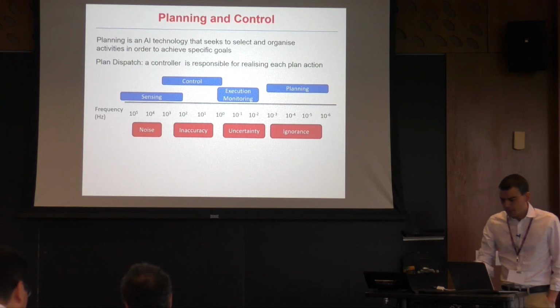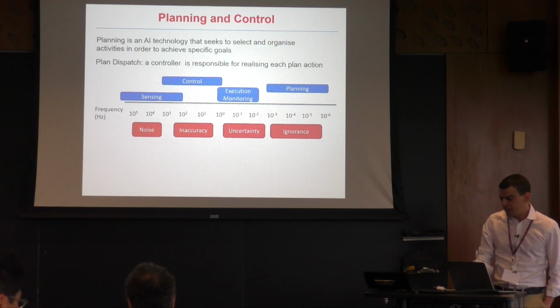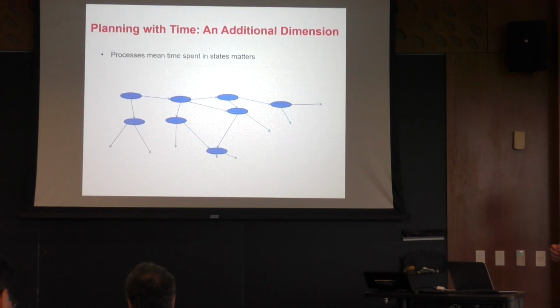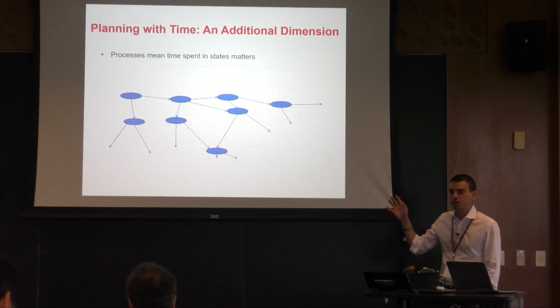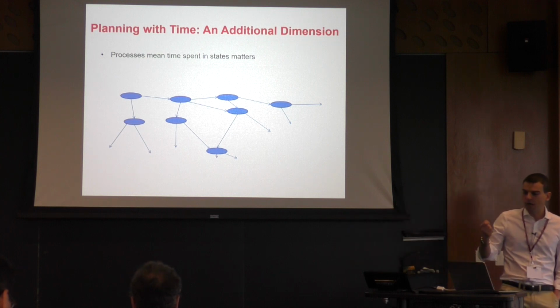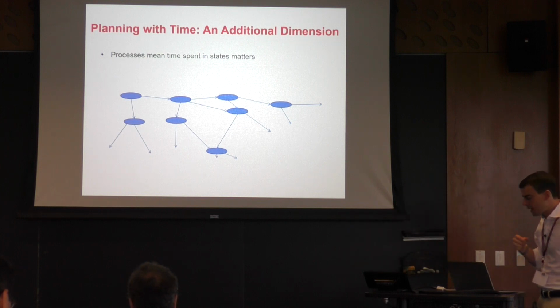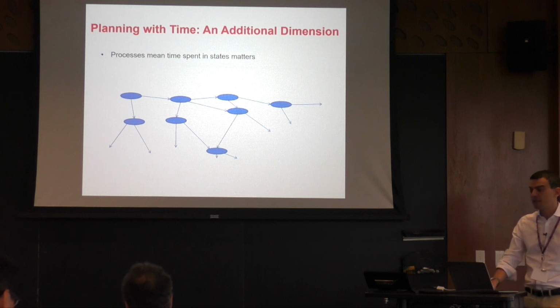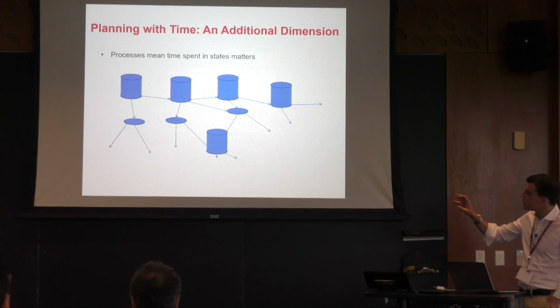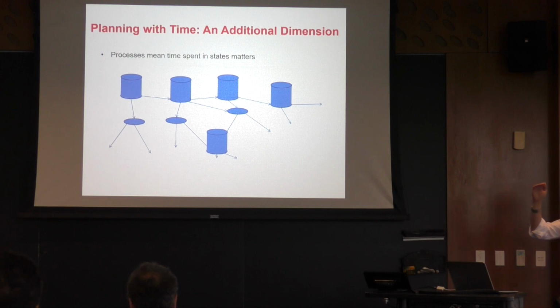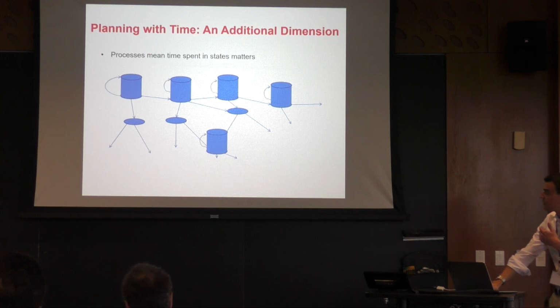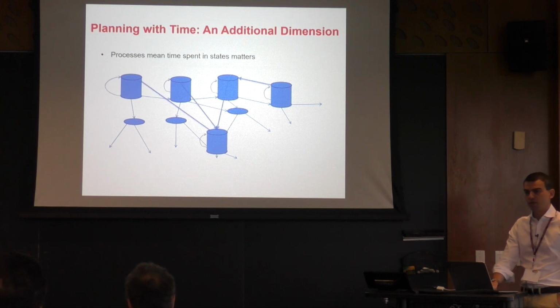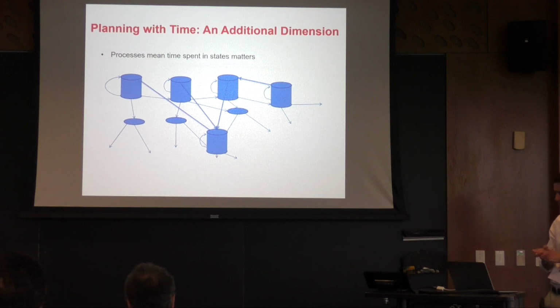Now, planning, again, if we start with simple forward search planning in a classic domain, you have states and you have transitions between states. So you have actions that tell you how you move from one state to the other. When you add time, it's actually an additional dimension. And so what happens is that in single states, you can spend a given amount of time, and during this amount of time, things can change. And then you can move between states after you spend some time in the single states. So time adds a dimension, adds complexity, but also adds expressive power.